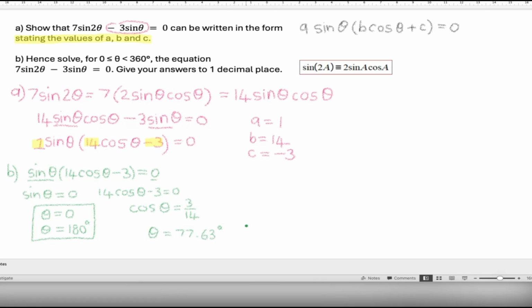So this will be the one value for theta, and the other value for theta will be equal to 360 degrees minus 77.63, and that brings us to 282.37 degrees. We have to find the other value in the required interval as well. So that is why we take 360 degrees and we minus 77.63 degrees from that. And we get an answer of 282.37 degrees. So that means the solutions are 0 degrees, 180 degrees, 77.63 degrees, or